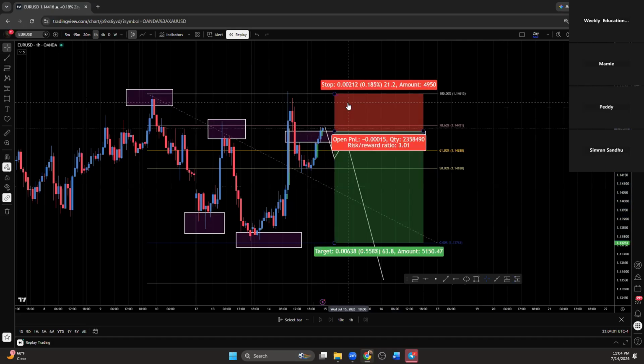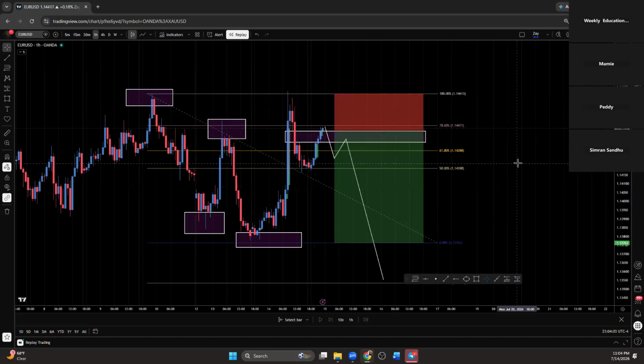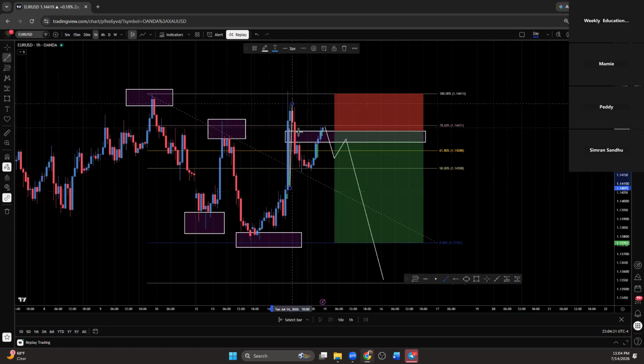That is what I was seeing here. I have already entered because I saw that big candle moving down. That was my confirmation after the liquidity. But I think it's retracing back and then might go down, because you already got an inverse fair value gap right here. When this move happened and then the market came right back down, it gave you an inverse fair value gap and then it just retraced back in here.